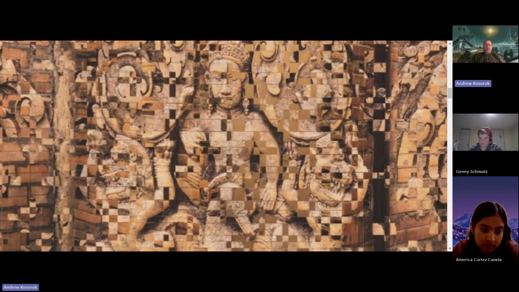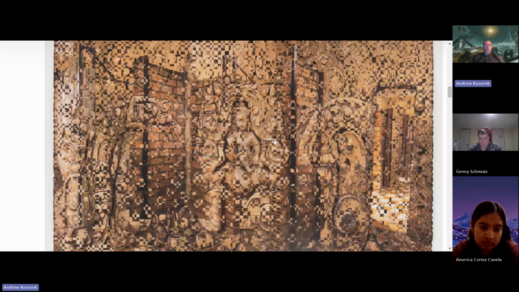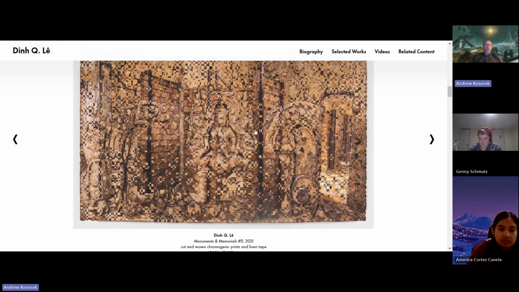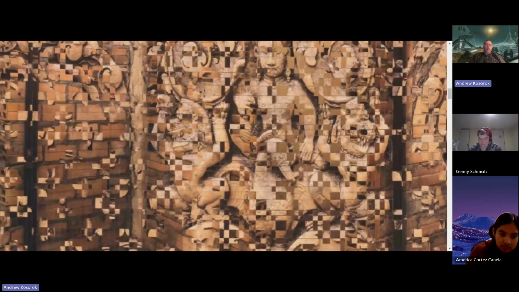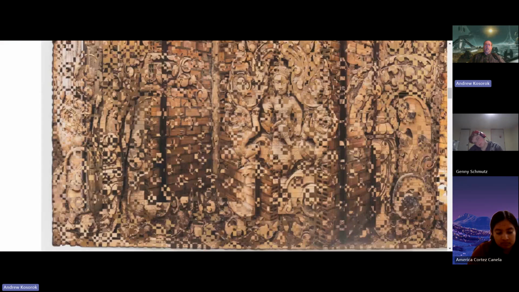What he did here is he took historical photos of a Tibetan or a Buddhist shrine and put them together in a large format image. And then he took contemporary photos of what the place looks like right now and the area around it. He cut them into strips and then wove them together. And that's what you're seeing. This is why it looks the way it is, because the horizontal strips are from the original historical shrine, and the vertical strips that you see intersecting them are from the contemporary photos that he took using the same color palette.